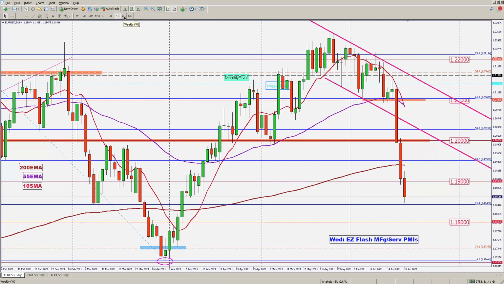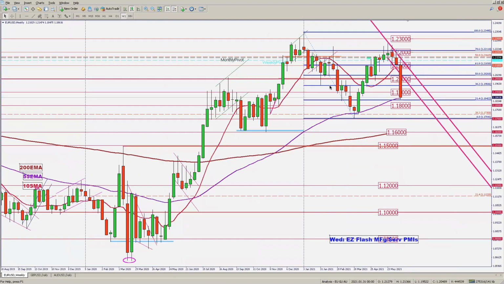Let's take a look at the weekly time frame. So basically from this swing move down, from the high of the year to the low of the year, it retraced back to 78.6, then turned around and has fallen back now towards the 21 FIB retracement level again, hitting the weekly 55 EMA. That's why it's got blocked just shy of the 21 FIB.